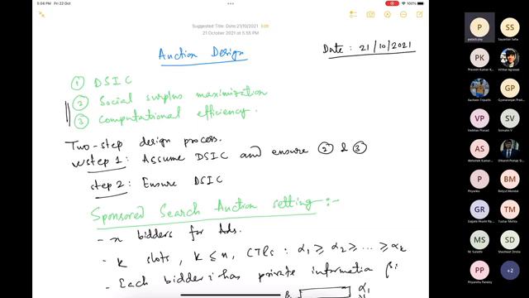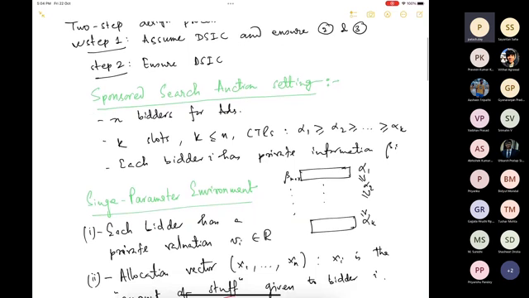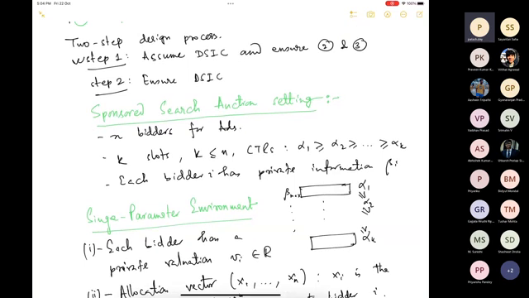Then the second step is ensuring dominant strategy incentive compatibility. We saw in the sponsored search auction setting how we can come up with an allocation rule which is social surplus maximizing and computationally efficient. Typically, this step is easy. Now, to ensure dominant strategy incentive compatibility,